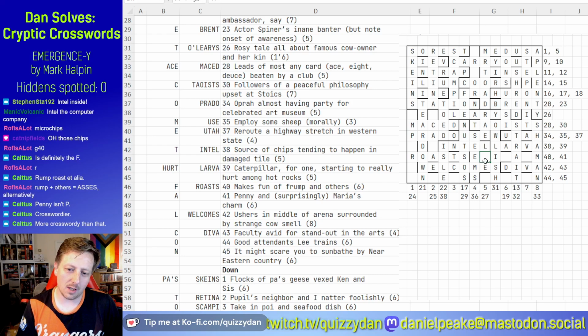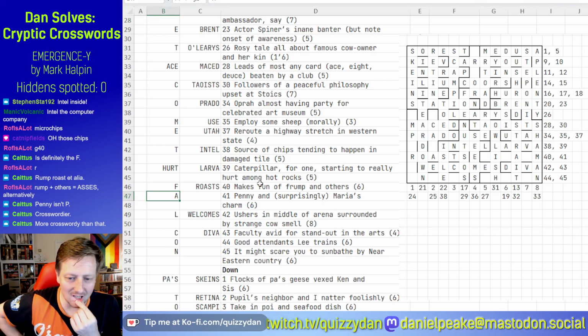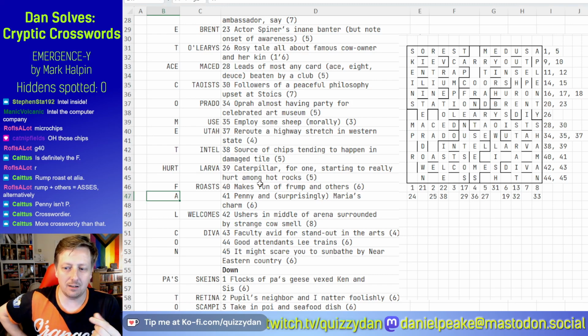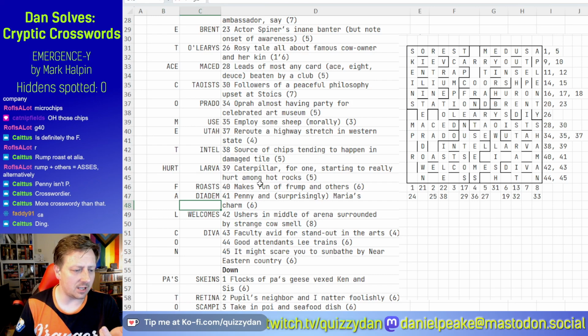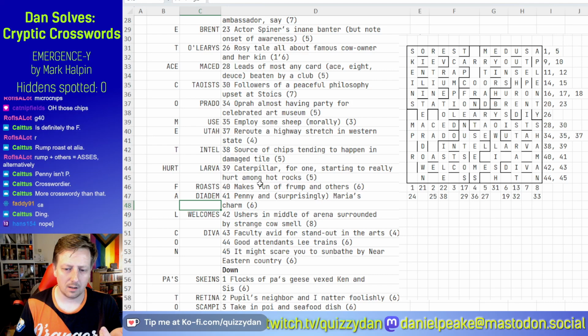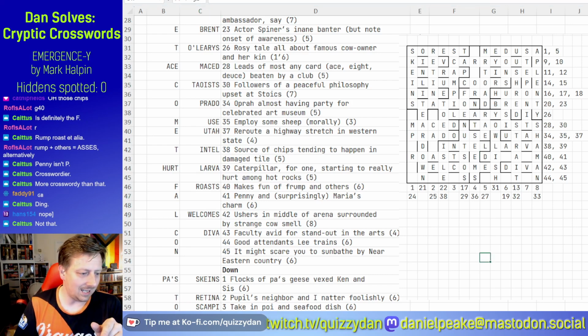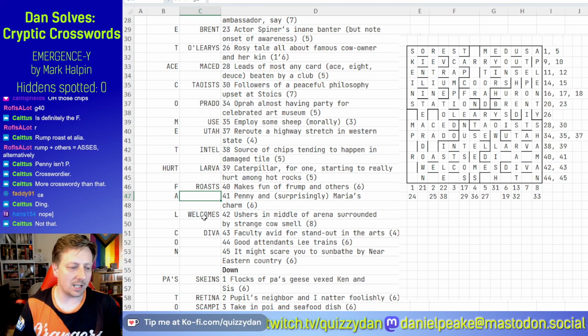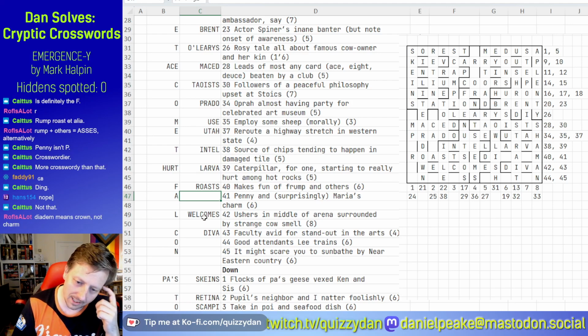More crosswordier than that. Well, there's D. Is it going to be a diadem? But then where does the other D come from? But it's D. So D for pennies in pounds, shillings and pence. So D. And Maria, surprisingly,